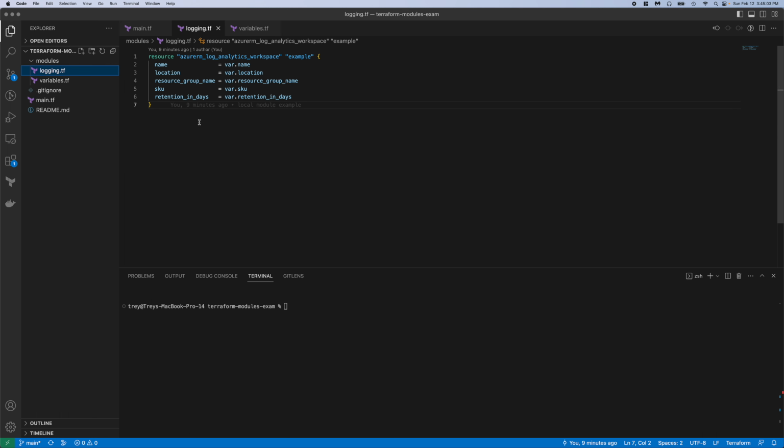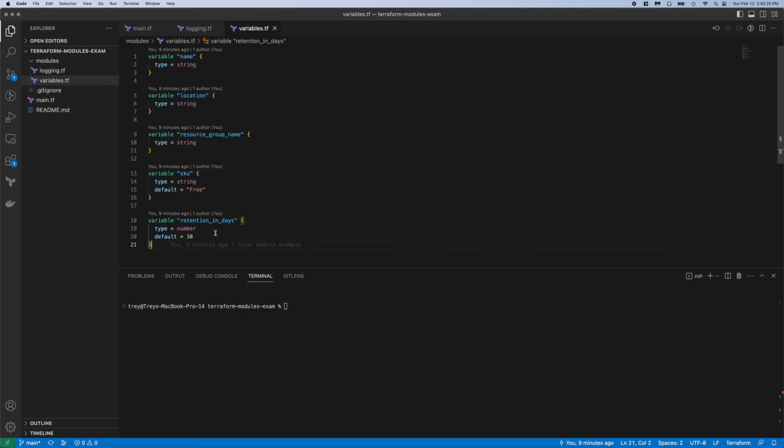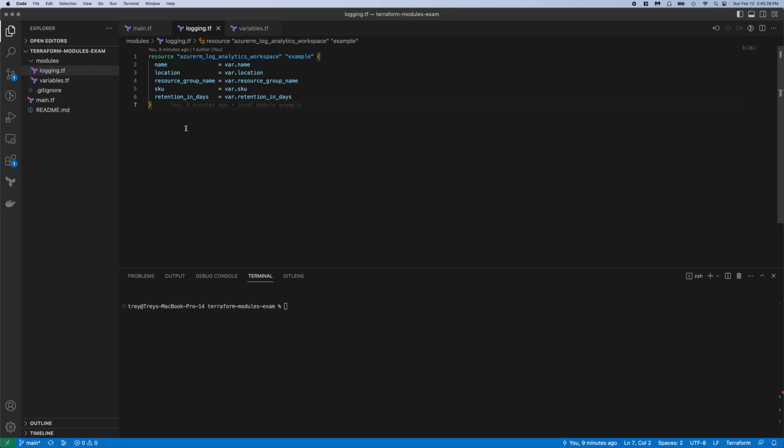So let's look at this logging.tf. So this is creating a log analytics workspace called example. You can see the resource notation, just like you were writing this in your main.tf. And you can see we have 5 properties here, all with variables. And you can see in the same modules folder, I have those 5 variables defined with a couple of defaults. So this is how you create a module. It's very simple. It's just like you would in main, just a simple resource call, but how you actually call